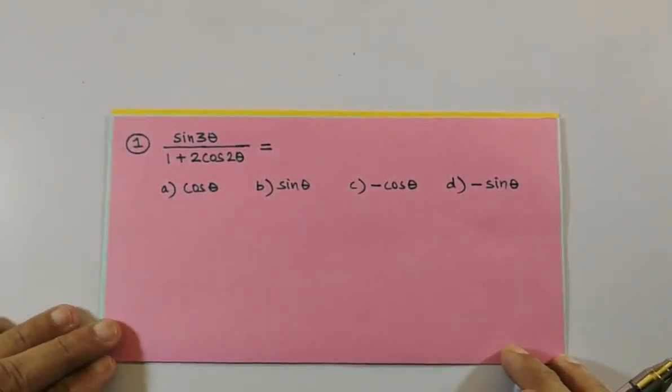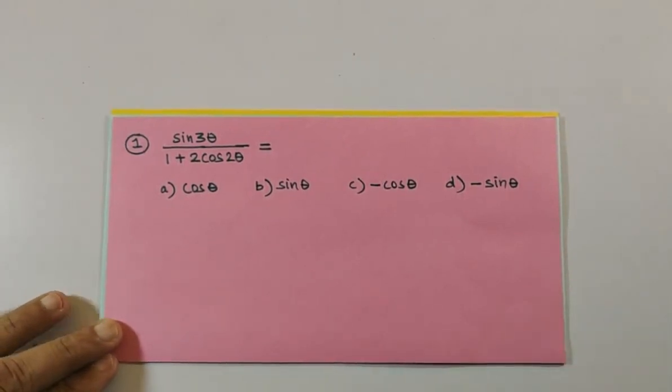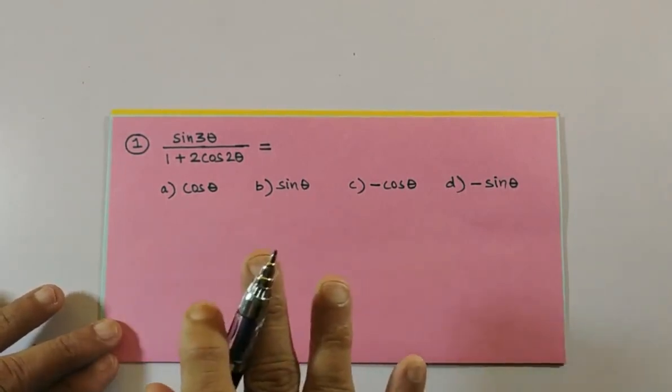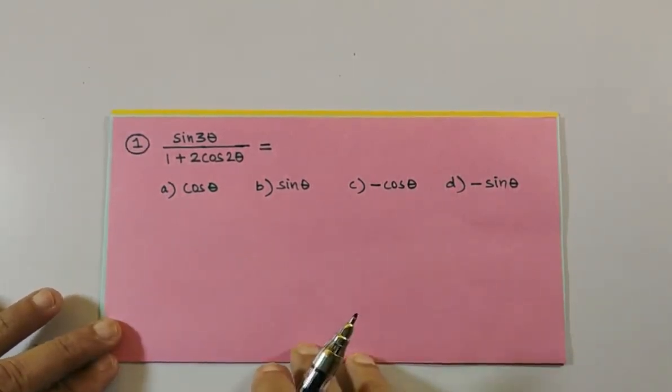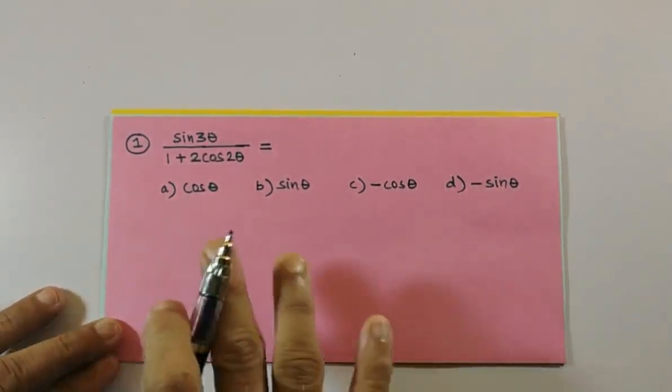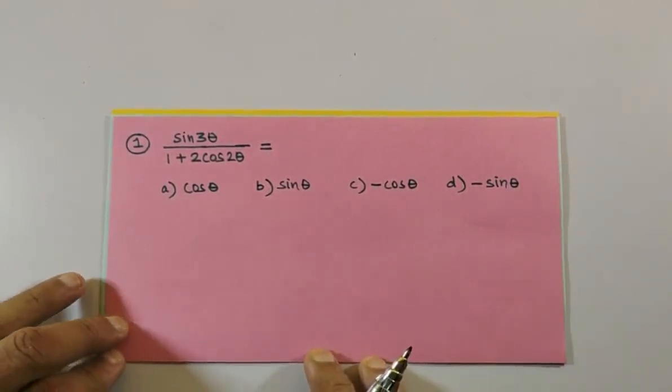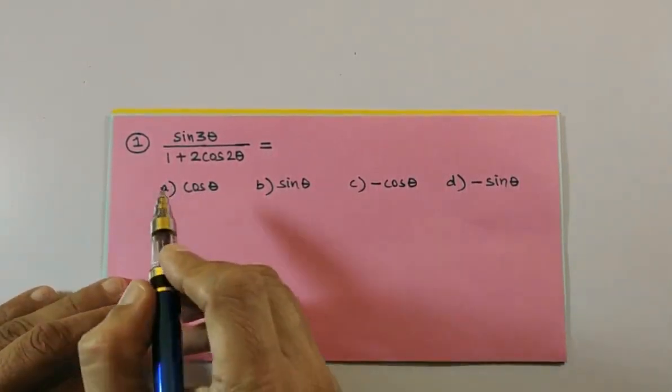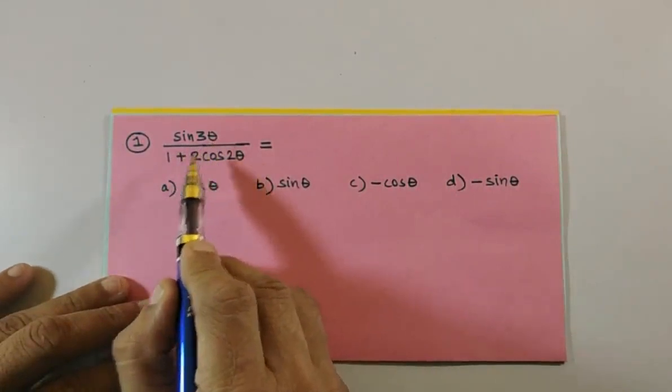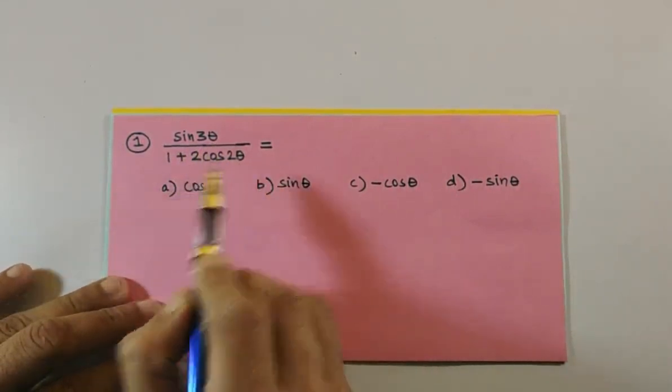Welcome back, students. So we'll see another trick in trigonometry over here. Just here I will be substituting the angles to make it easy, whereby within 1 second or 2 seconds you'll have the answer. So first, we see sine 3 theta by 1 plus 2 cos 2 theta